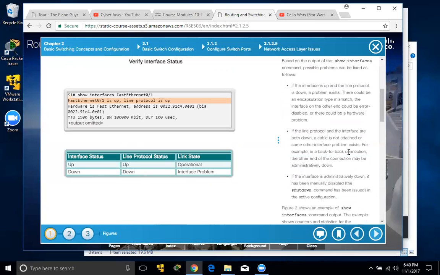And they give you a couple of troubleshooting steps. So here's the first: if the interface is up and the line protocol is down, then there's a problem. There could be an encapsulation type mismatch, or the interface is disabled, something like that from the connection on out. If the line protocol and the interface are both down, then the cable's not attached, something's not right. If you've got a cable attached, then maybe it's a dead cable, but something's more drastically wrong